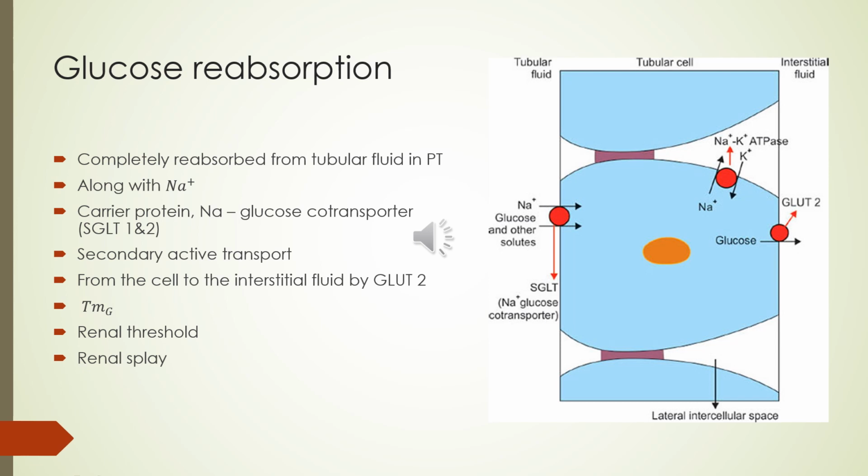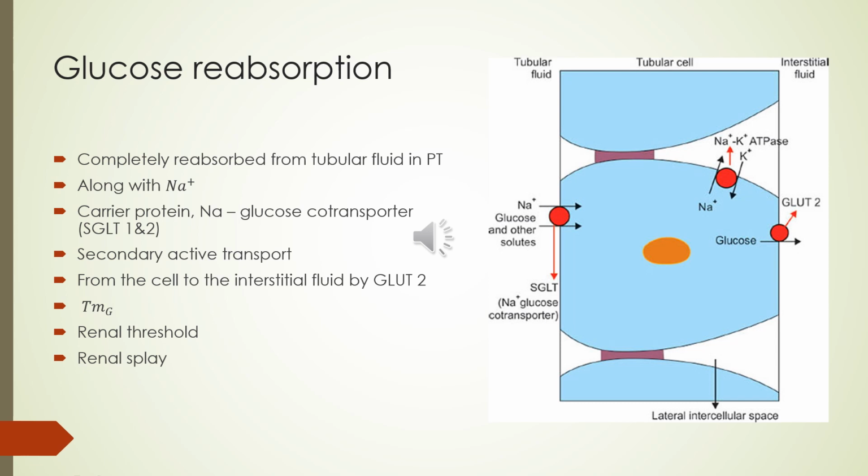So there is the secondary active transport, that is a symport mechanism, where the sodium and the glucose are carried by the same carrier protein in the same direction. Okay, so that is a symport mechanism. So at the luminal surface, because of the sodium glucose co-transporter, glucose is reabsorbed along with sodium ion. And now the glucose is in the cell. So from the cell, the glucose will move out into the interstitial fluid through the GLUT2 transporter. Okay. That is how the glucose is reabsorbed.